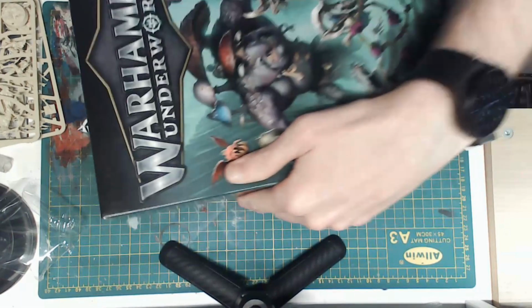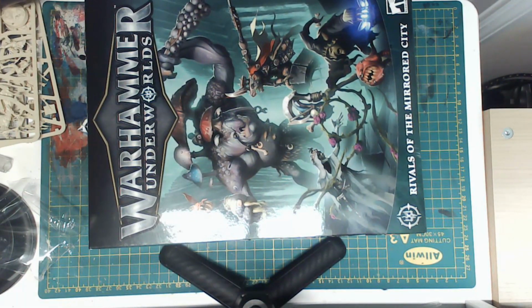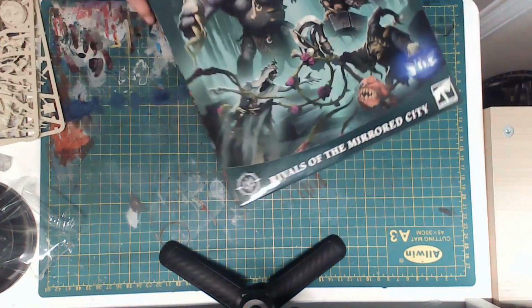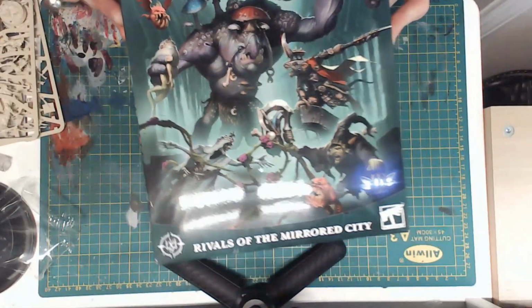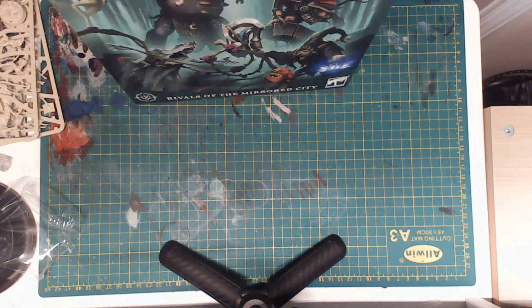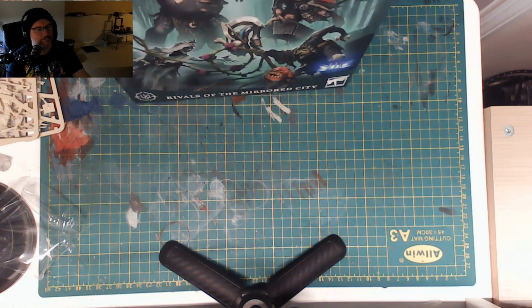All right, so now to the big box. Here we go. I'll put my knife somewhere safe. Can't see the whole big box because of the camera. So we got it. All right. So this is the one that is...